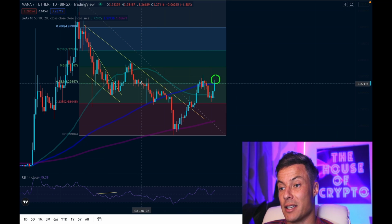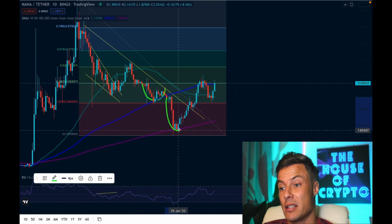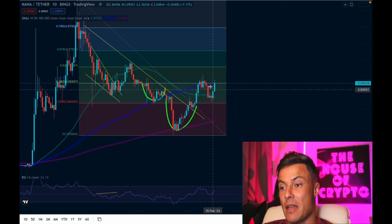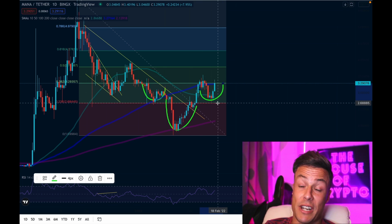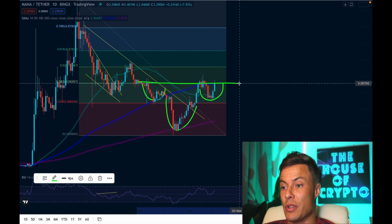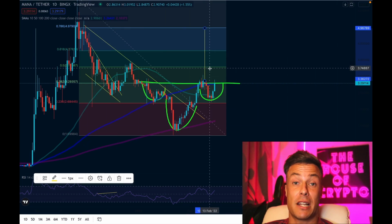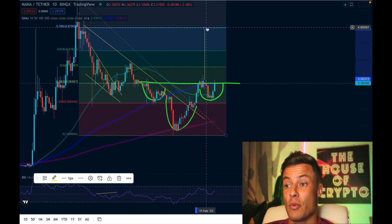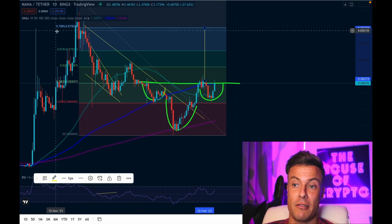Not only that, guys, I want to draw your attention to something else that's showing on the chart here. We've got a shoulder here, somewhat of a head coming through here, and then now we're showing another shoulder here, which is a very bullish pattern called an inverse head and shoulders, but yet to break through this neckline and have a close above this neckline. Now for this particular pattern, you'd look for a breakout target, which would be up here at the 4.9, and lo and behold, it coincides exactly with the